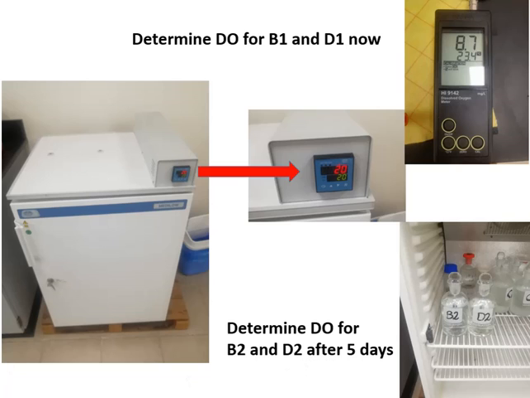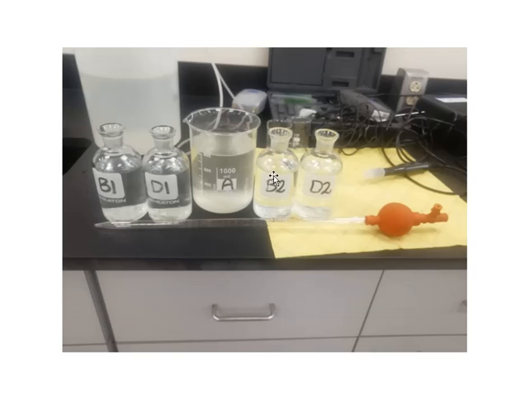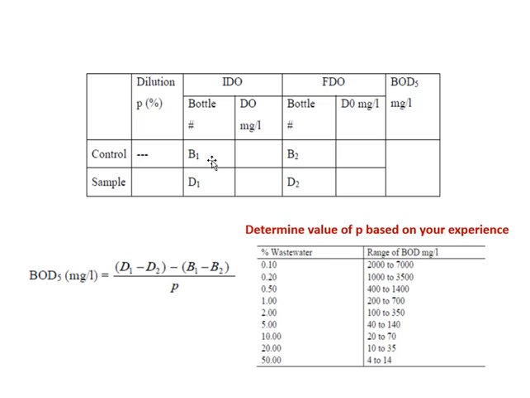Once you get the dissolved oxygen for B1, D1 and B2, D2, you have the four values which you need in your calculation. Then fill in this table: how much dissolved oxygen in B1, how much in B2, how much in D1 and D2, and then you have to use this formula to calculate the BOD. The value of P is actually given to you. It will be given to you in the experiment